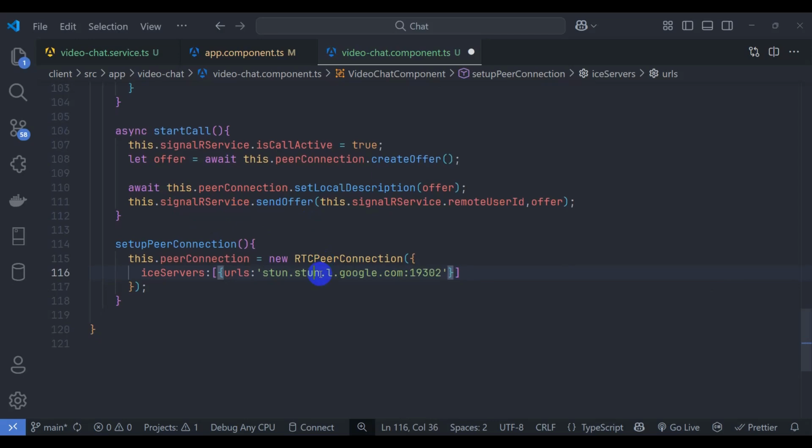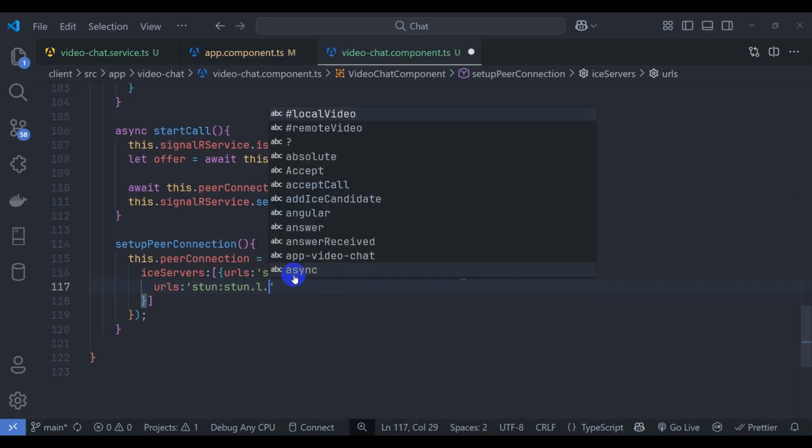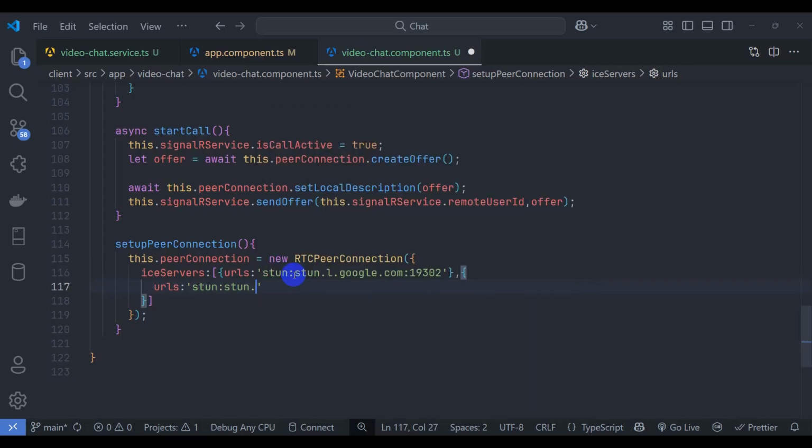Just make it stun and let's pass here another urls stun, let's make it colon and stun.l.stun.services.mozilla.com